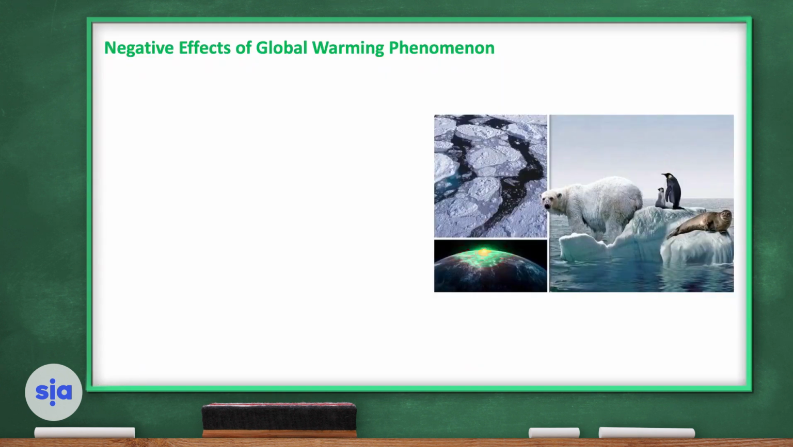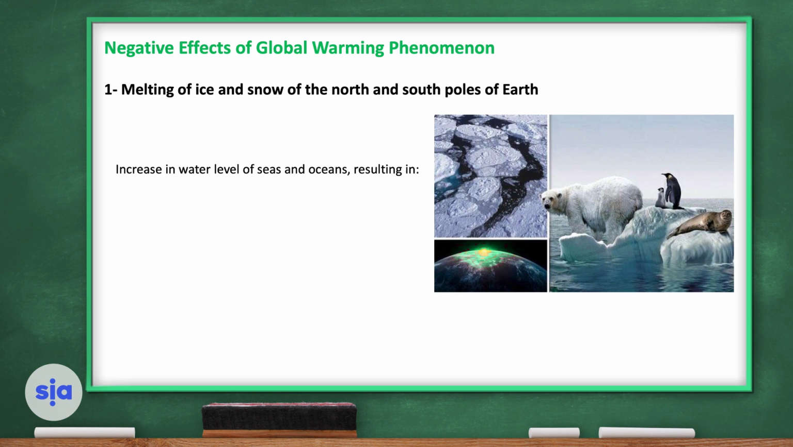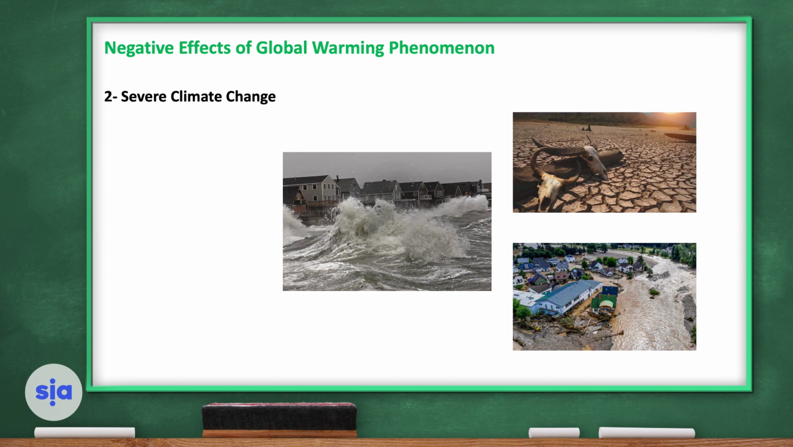So what do you think about negative effects of the global warming phenomenon? The increase of temperature of Earth will cause the melting of ice and snow at the north and the south poles of Earth. And this will increase the water level of seas and oceans, resulting in disappearance of coastal areas, extinction of polar animals such as polar bears and seals, severe climate change,